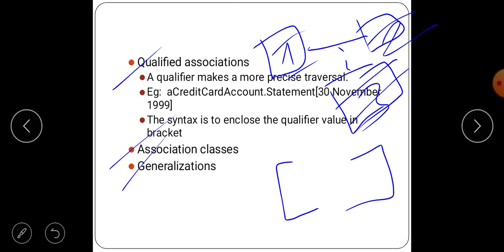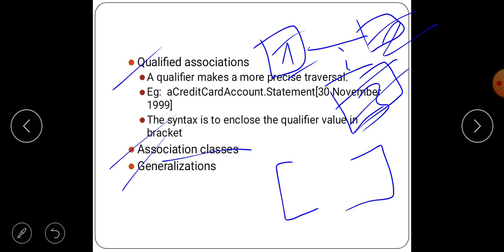Using the association class, you can find the constituent objects and vice versa. A group of objects will be there, and among those objects we elect the voting member. Like that, using an association class you can find the constituent objects or vice versa.